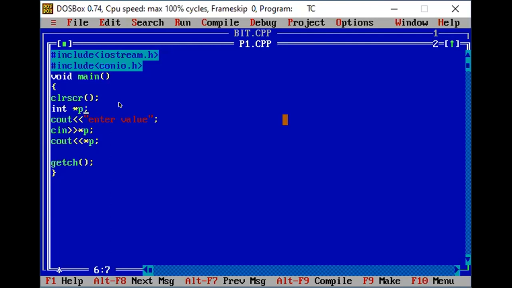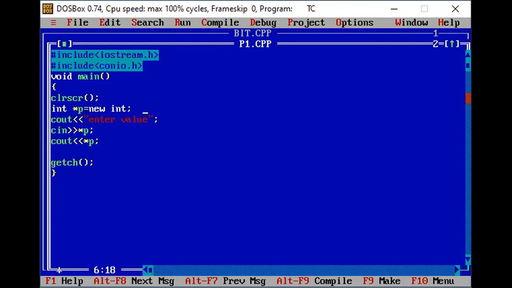If I'm saying this is the dynamic memory allocation concept that I'm going to use here, then I have to use one keyword called new. That is an operator, the new operator. Then which type of memory are you going to allocate at runtime? The same type that you have used here, I'm going to use integer type. This is the syntax. Firstly, you write the pointer variable, then new and int.